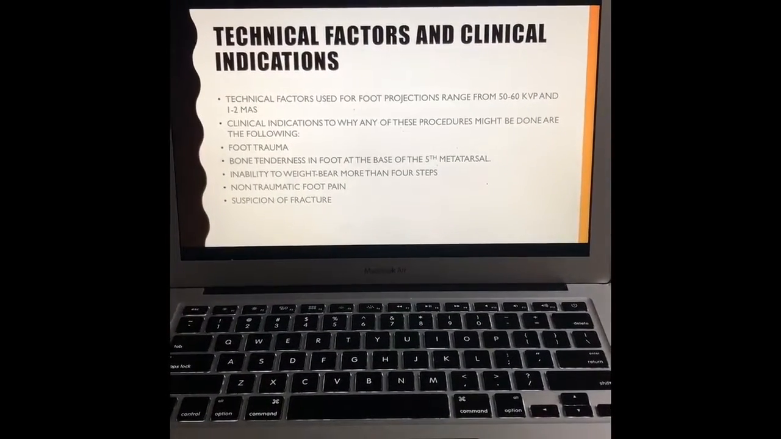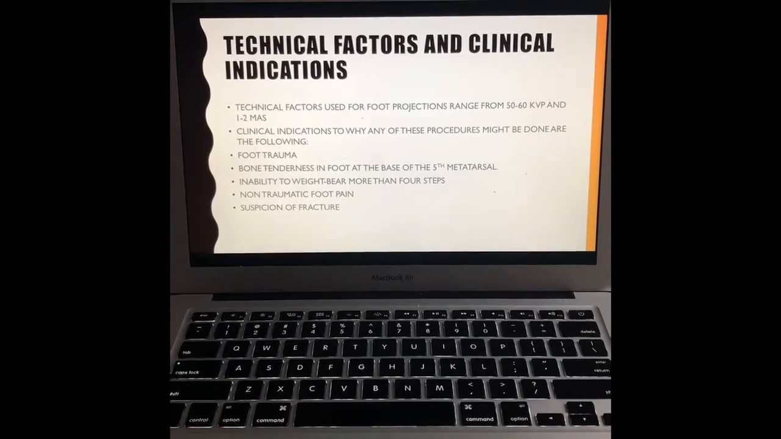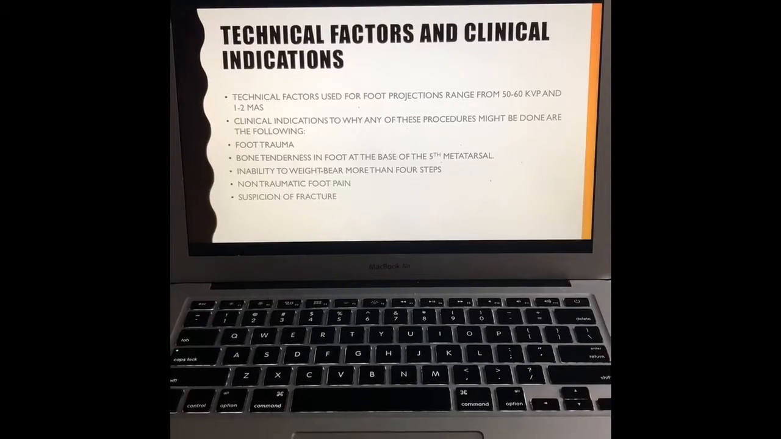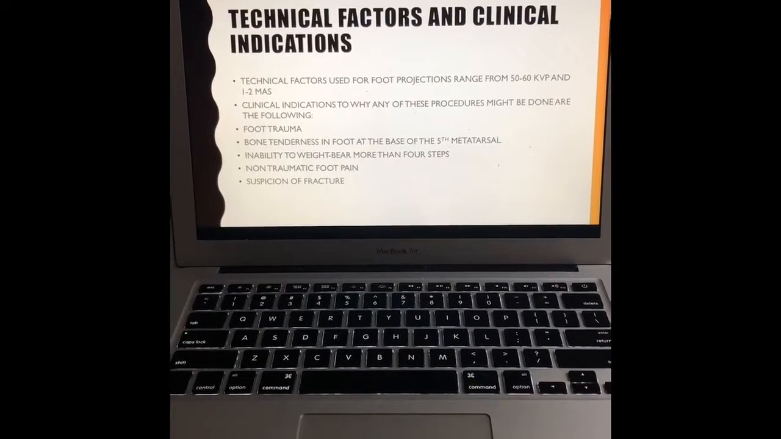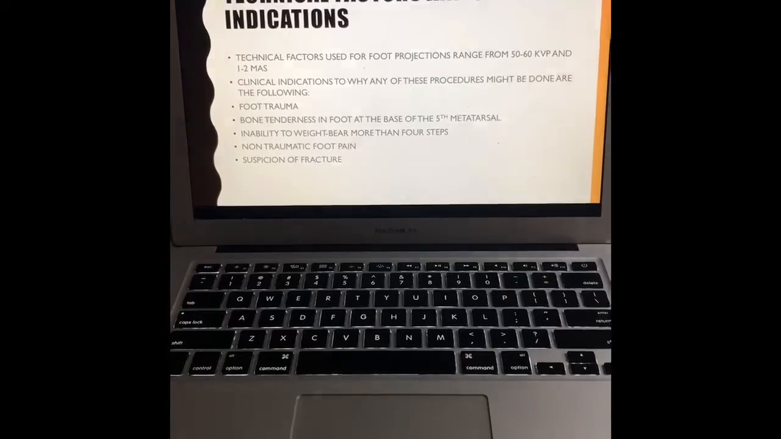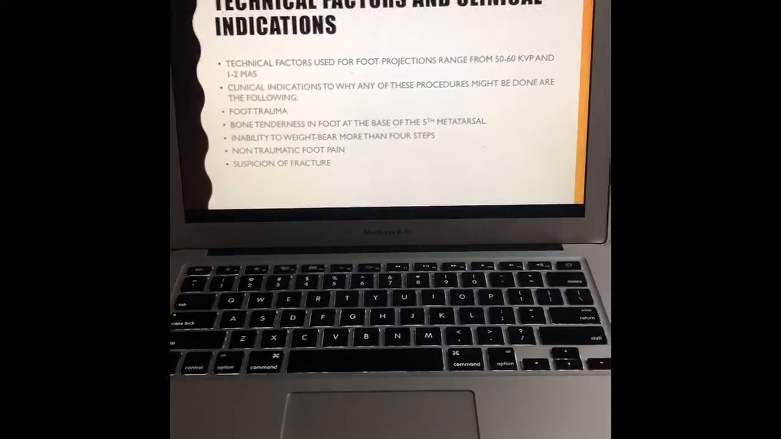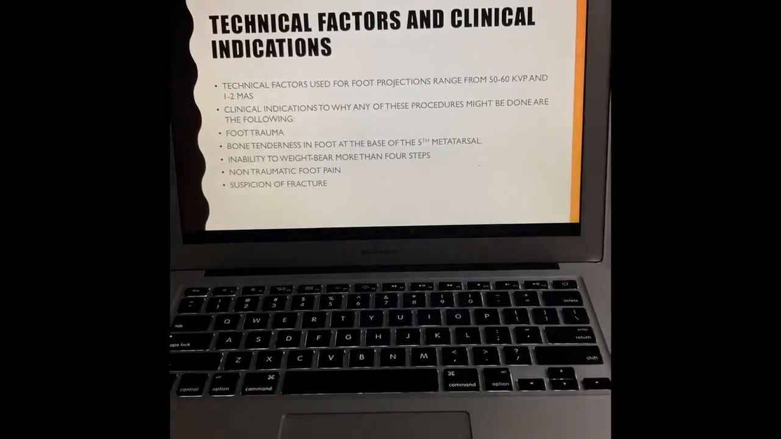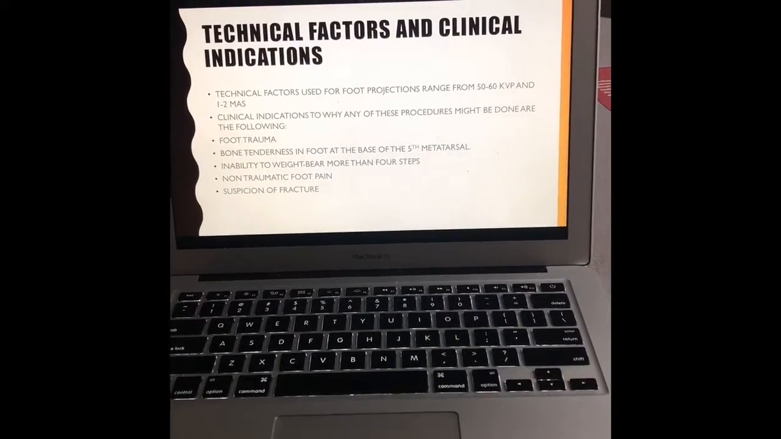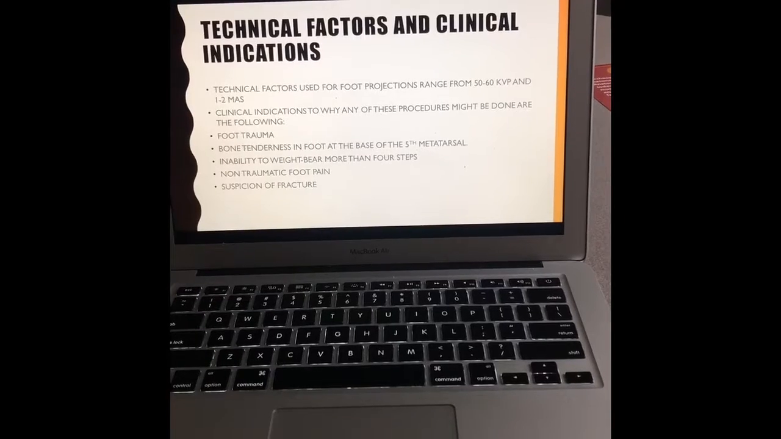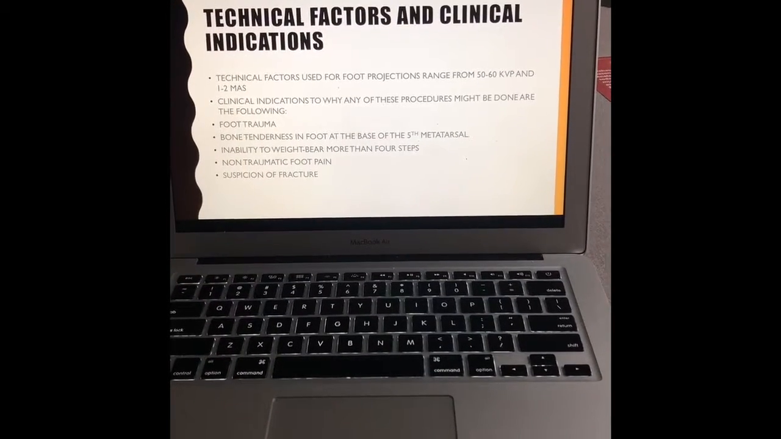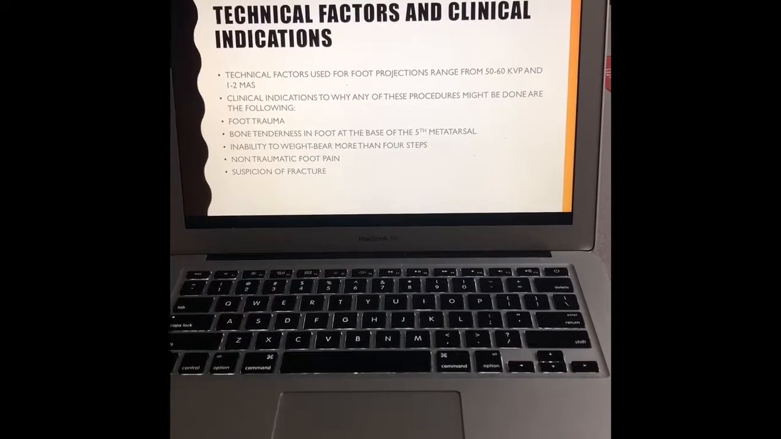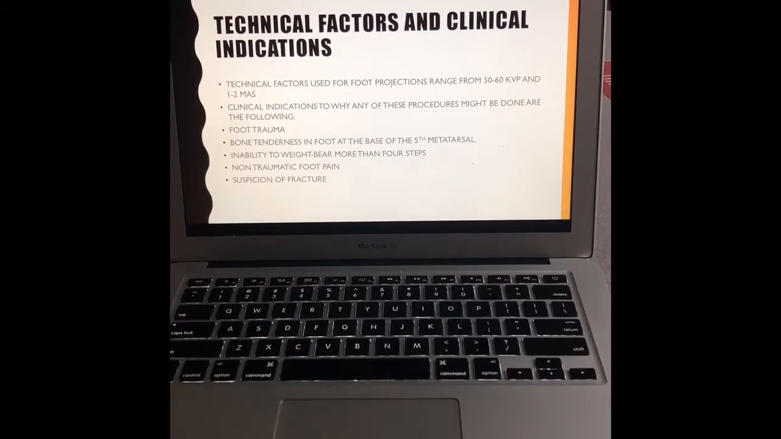Technical factors and clinical indications. Technical factors used for foot projections range from 50 to 60 kVp and 1 to 2 mAs. Clinical indications to why any of these procedures might be done are the following: foot trauma, bone tenderness in foot at the base of the 5th metatarsal, inability to weight bear more than 4 steps, non-traumatic foot pain, suspicion of